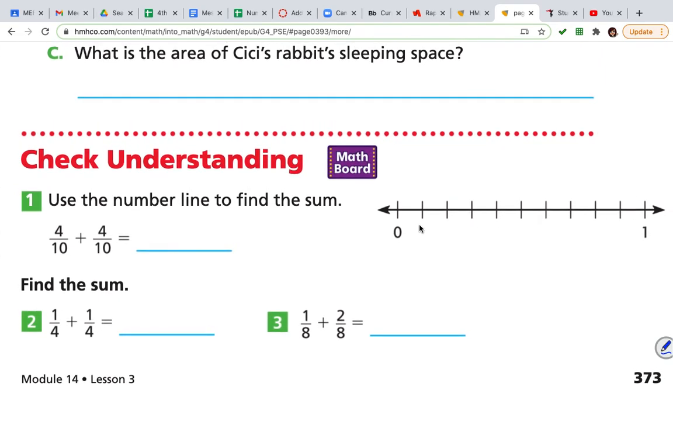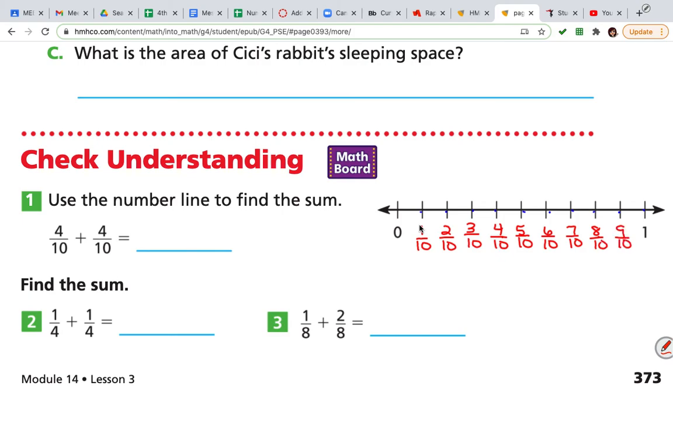All right, question number 1 says use the number line to find the sum. So we have 4/10 plus 4/10. Let me count this. This is 1, 2, 3, 4, 5, 6, 7, 8, 9, 10. It's counted correctly. So we have 10 sections. If we're going to jump from 0 to 4/10, let's go ahead and label. That's 1/10, 2/10, 3/10, 4/10, 5/10, 6/10, 7/10, 8/10, and you might not have labeled yours,